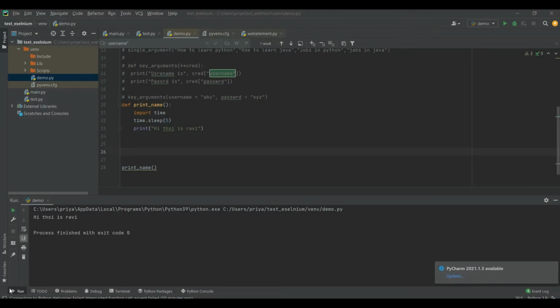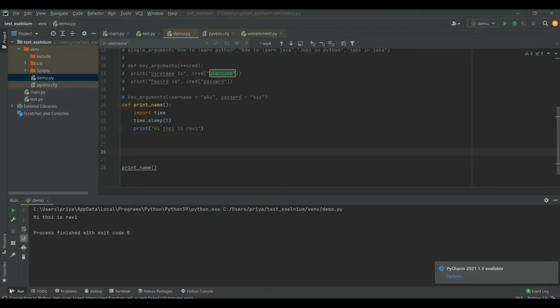So, let's take an example of Facebook. You want to log in to Facebook. You have given your username and your password. Let's take the first scenario where your username is wrong and your password is correct. A particular exception should come, right, that your username is wrong. In the other case, your username is correct, but your password is wrong. In that case, the exception should come that your password is wrong. So it's very much required to identify all the scenarios which can come and handle them gracefully.